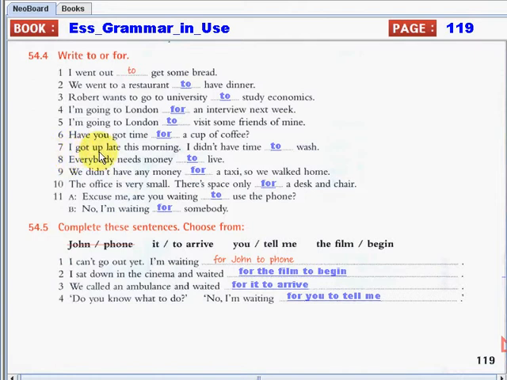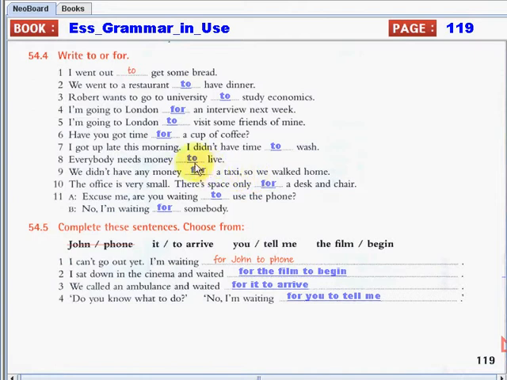Number 7, I got up late this morning. I didn't have time blank wash. Okay, so wash is the verb, so we will use the word to. Number 8, everybody needs money blank live. Okay, so live is the verb of the sentence, so we should use the word to. Okay, number 9, we didn't have any money blank a taxi, so we walked home. Okay, so you can see that there is the purpose or the aim of the sentence, so we will use